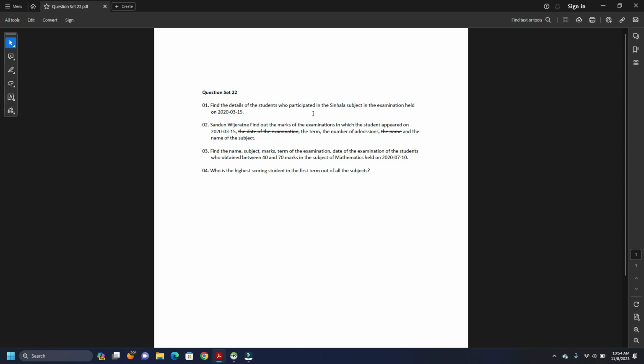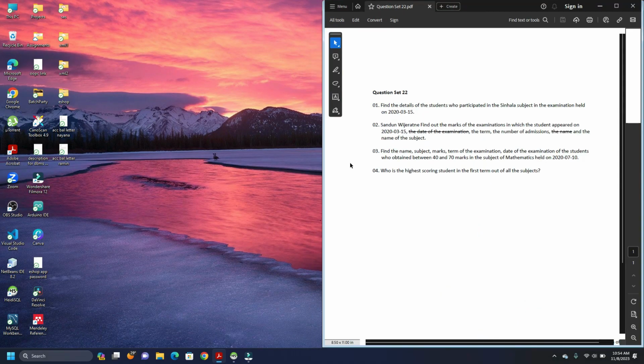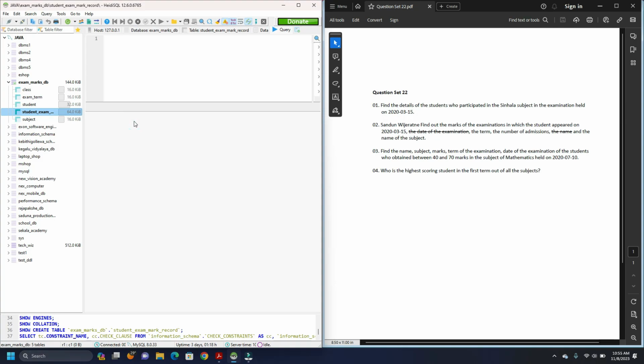So to do that, we have to write a select query. So let's open up IDSQL first. Starting with select and put an asterisk to gather all the details. The question states that we have to find all of the details of the students who participate in the single subject in the examination held on the